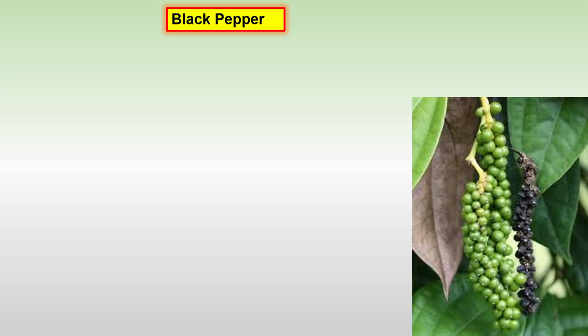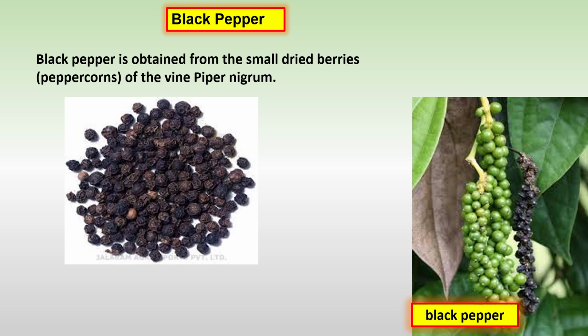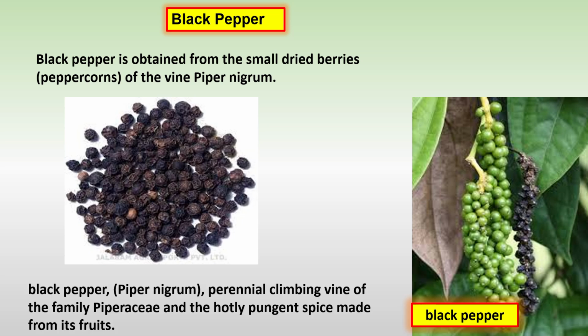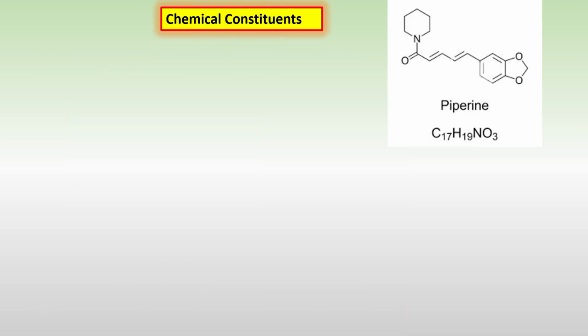Black pepper. You know very well black pepper. It's costly and it is cultivated very well in highlands like Kodaikanal, Ooty, Idukki, Wayanad. They all have the production of black pepper. Black pepper is obtained from the small dried berries, the peppercorns, of the vine Piper nigrum. Pepper, black pepper, Piper nigrum, is a perennial climbing vine of the family Piperaceae, and the hotly pungent spice made from its fruits. Chemical constituents mainly contain piperine,